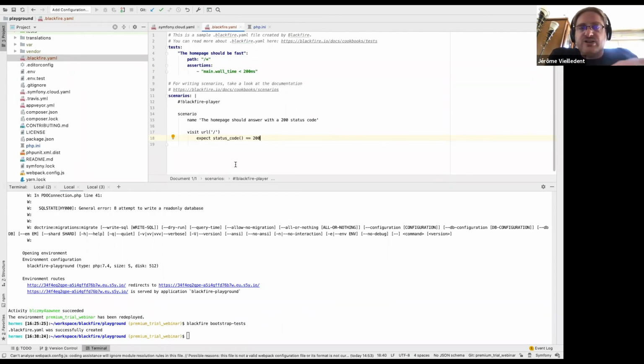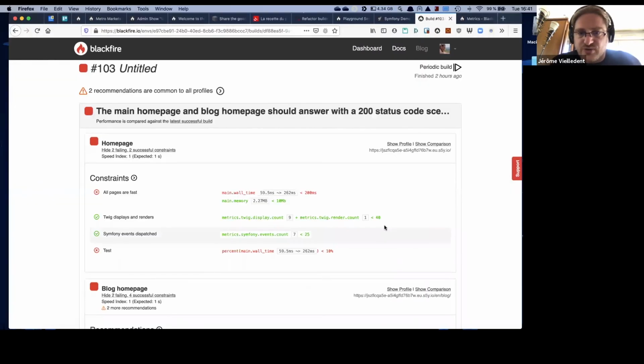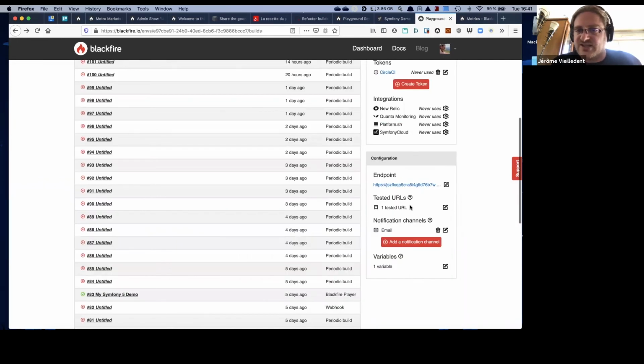So you will give it a scenario and say, okay, visit this URL and this other URL and this other URL. It's a bit like adding URLs like I showed you before in the tested URLs,